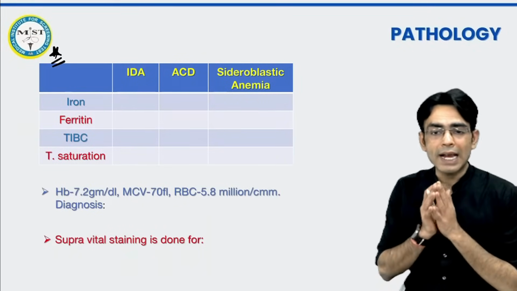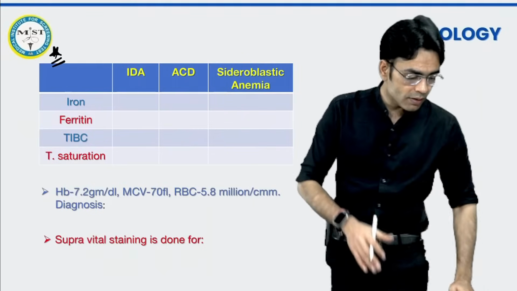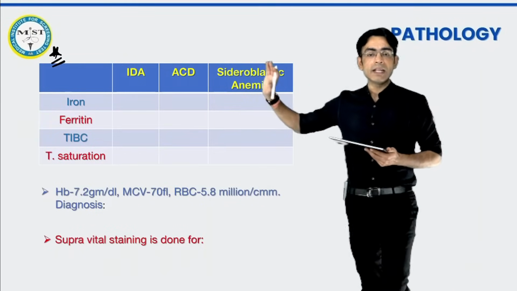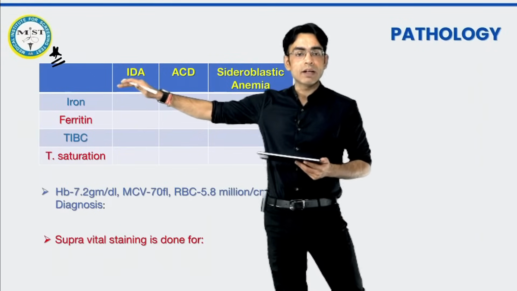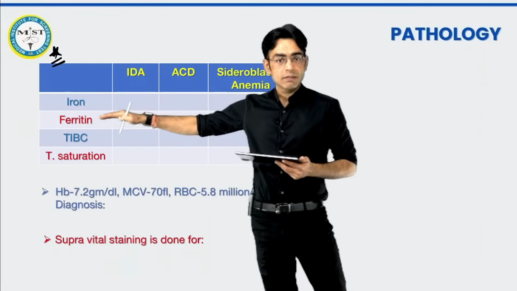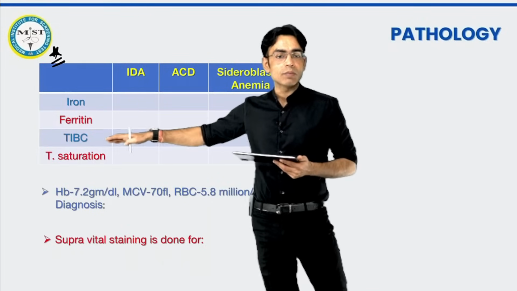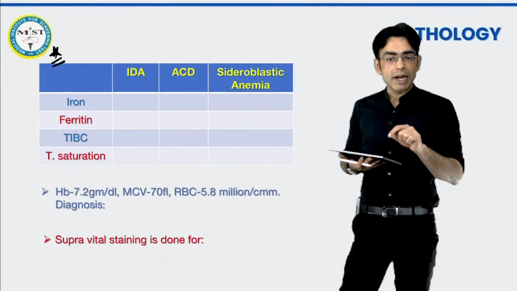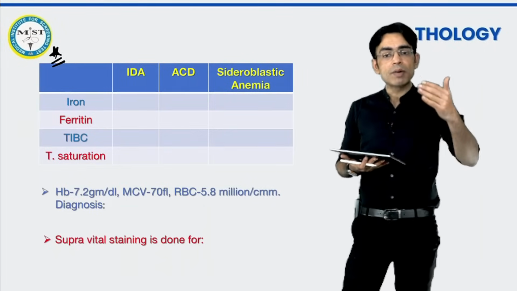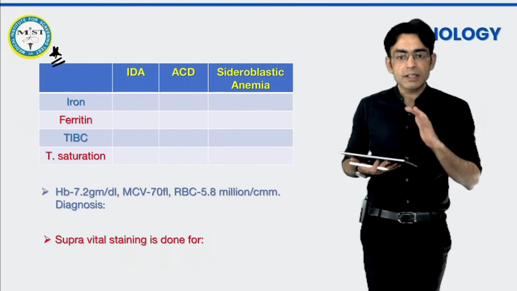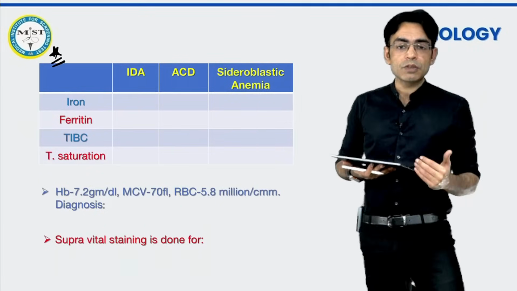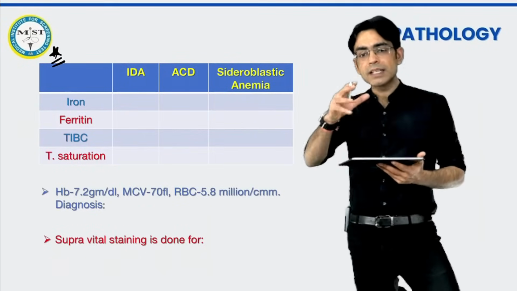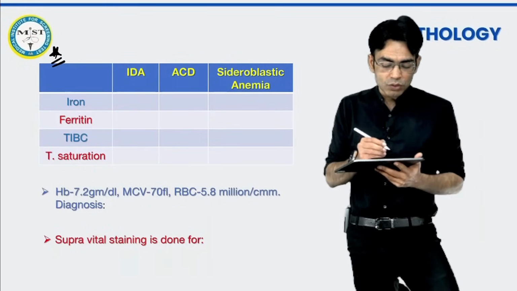When we are talking about an iron profile in an iron deficiency anemia, ठीक है, it is your iron, ferritin, the stored iron content of the body, TIBC, and transferrin saturation. What is TIBC? Total iron binding capacity, and transferrin saturation matlab how much iron is sitting over the transferrin. These are the four things which we are seeing. Now in an iron deficiency anemia, as we have learnt, anything related to iron will be less. तो बेटा देखो ये दोनों चीजें तो automatically कम ही हो जाएंगी.